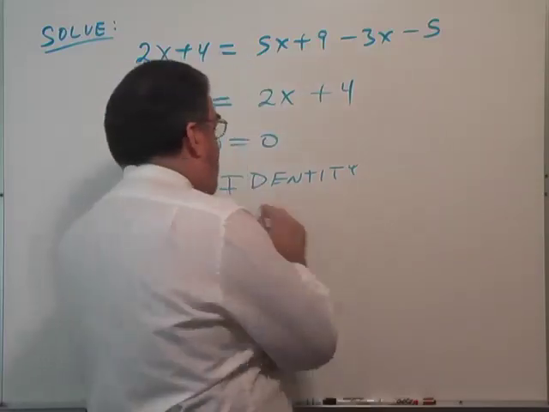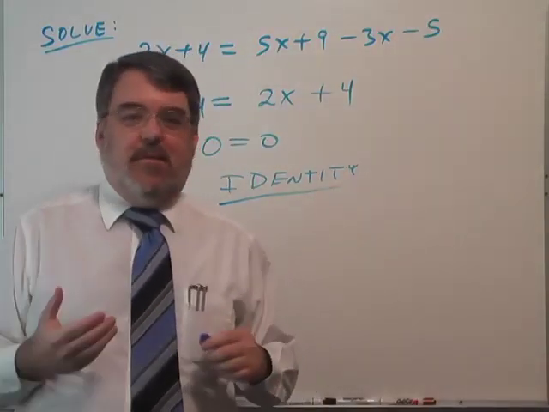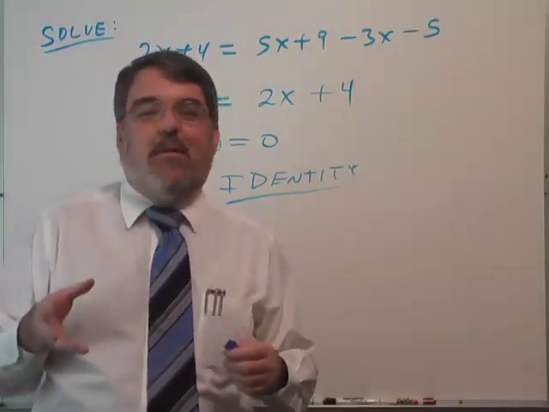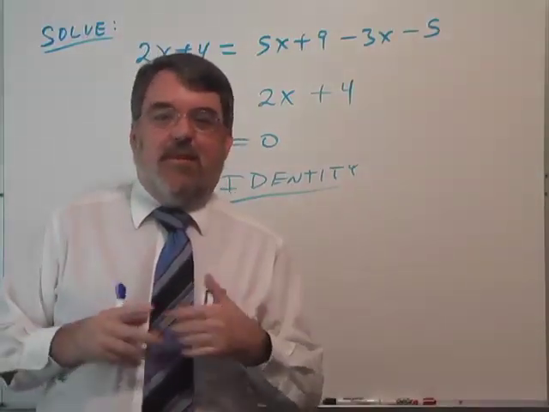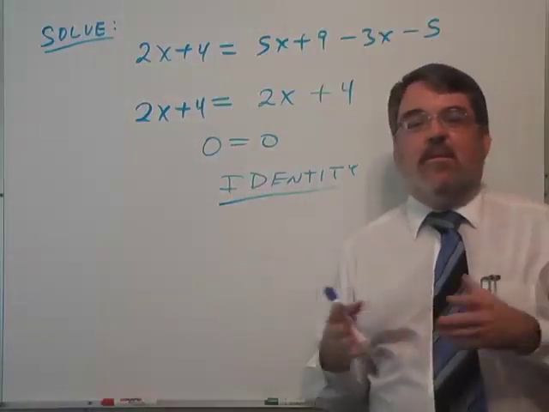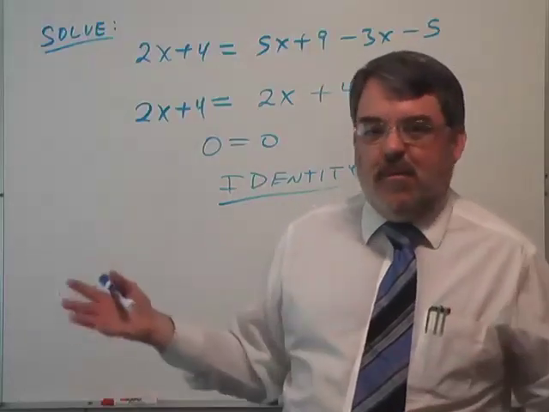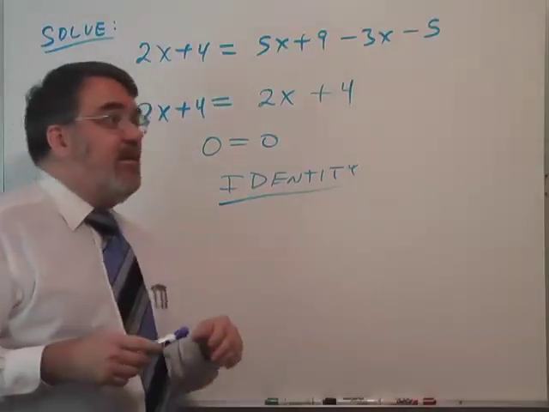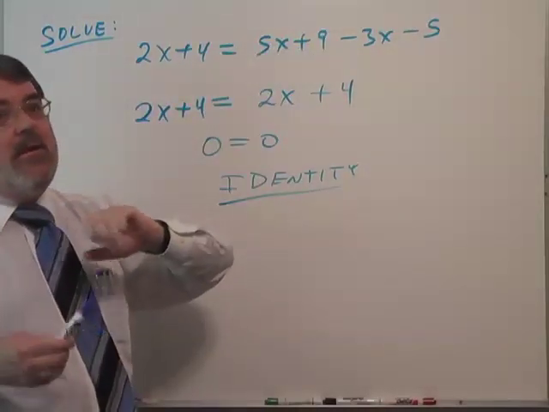One thing about an identity is that it's true for every possible input value for x. Now, there's a few types of equations where there may be a couple of exceptions where you can't plug numbers in. For example, you can't divide by 0. But by and large, an identity generally works for everything. All numbers will fit into it. So, in other words, no matter what x you could think of to put in here, everything's going to balance